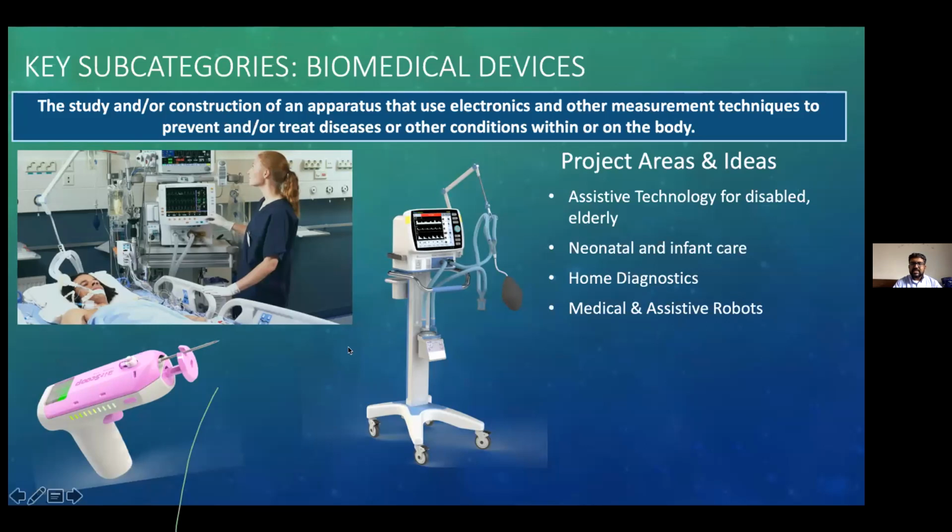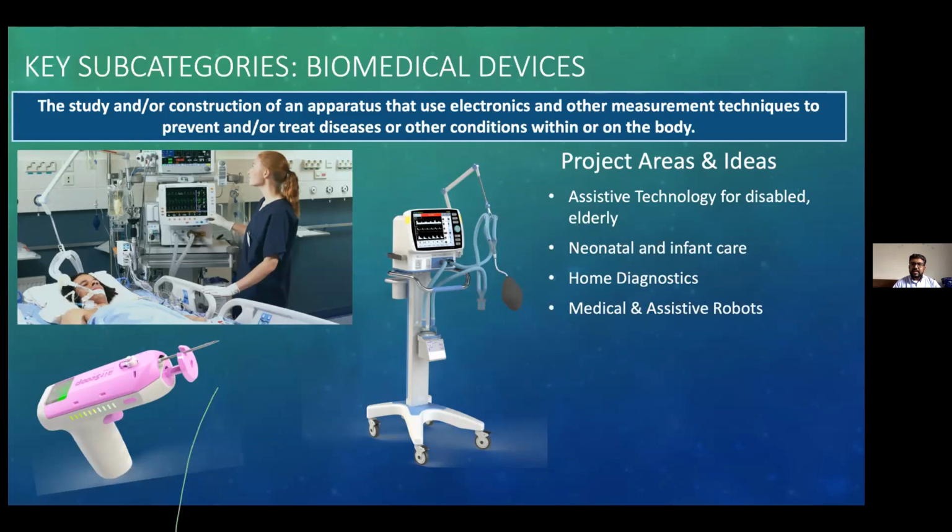So these are just a few examples of biomedical devices. The list of biomedical devices would literally run into thousands. Everything that we use that is a product or a technology that can be used to help fix, correct, diagnose, or treat a disease is a medical device, a biomedical device. So like I said, my glasses right now are a biomedical device because they fix the problem I have with my eye of not being able to focus right. There are examples that we'll talk about later that are also biomedical devices.